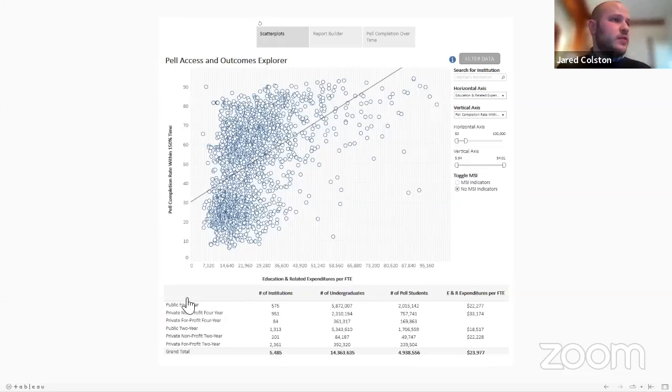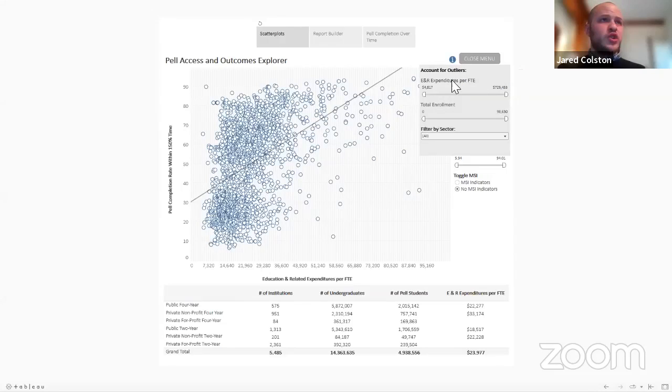And so what we see is the breakdown by sector, the number of institutions that are in our sample, the number of undergraduates that are served by those institutions, and the number of Pell students, as well as ENR per FTE. So after we explore the scatter plots, we can also filter the data here, where we could trim, even